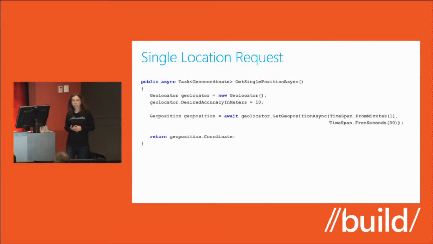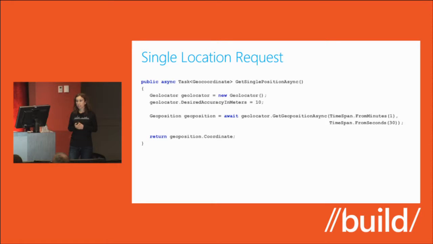Now, looking at the single location request, you use the same object, the geolocator. You set the desired accuracy in meters. In this case, I set it to 10 meters. And then you invoke the asynchronous API, the GetGeopositionAsync. You can invoke it with default parameters, or rather no parameters. Or in this case, I'm setting the age of the cache to 1 minute and the timeout